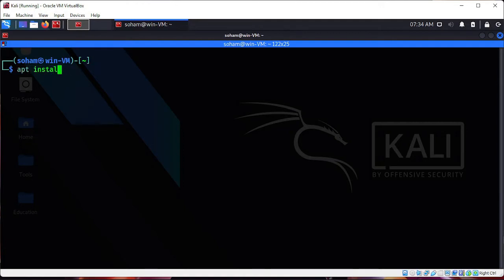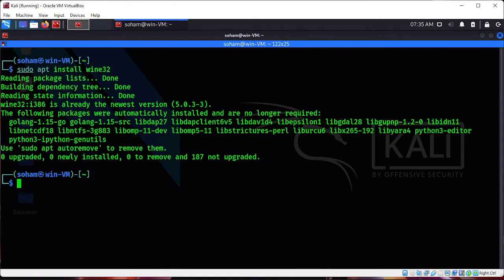Oh, sorry guys, we have to run with sudo: sudo apt install wine32. Check it out properly: sudo apt install wine32. Enter. I have already installed it, that's why it's showing this. Okay guys,